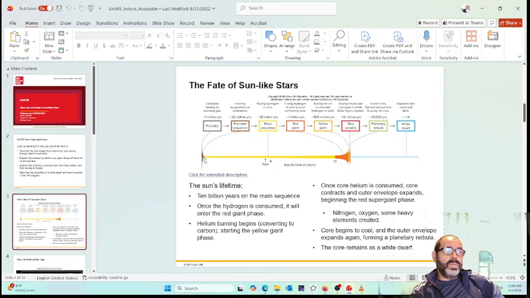At that point, once the nuclear reaction starts and it ejects all of the gas that was surrounding it when it was a protostar, it goes through its main sequence age. The Sun will last for about 10 billion years from the day it started its nuclear processes inside its core, all the way to when it runs out of hydrogen in its core. So this is the main sequence stage, 10 billion years. The Sun is roughly 4.5 billion years old, almost midway. Then it's going to go through a red giant stage, which will last for about 1